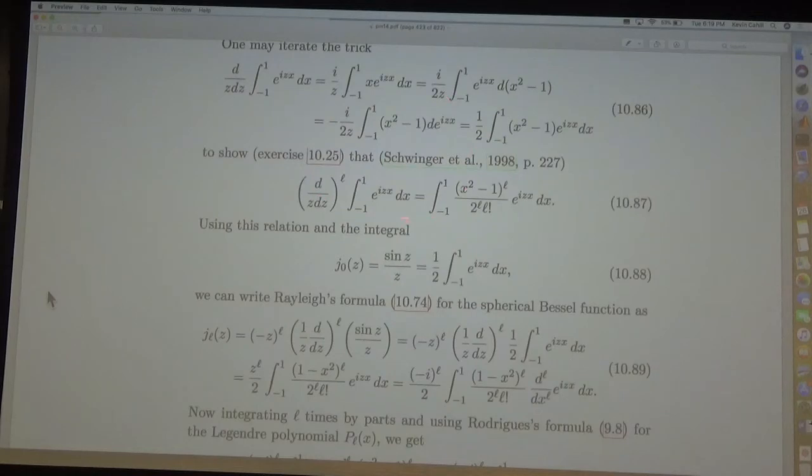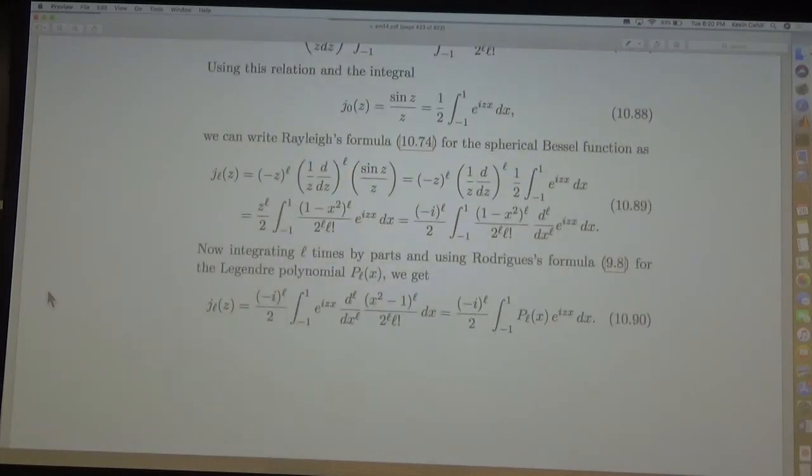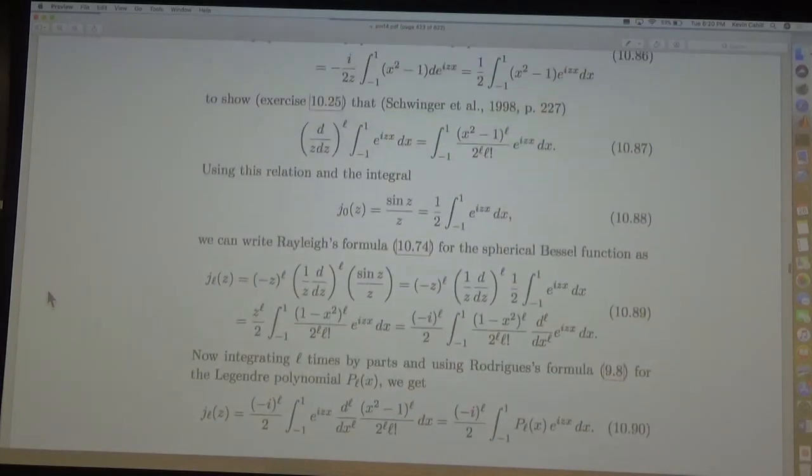Then you use these expressions to take d by dz on this to be this, and then you generate the z to the L by differentiating the exponential, and now you integrate by parts and drop all the surface terms, and what you wind up with is an expression